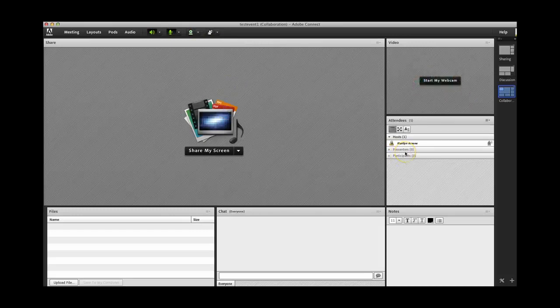I've got one last tip. Looking over at the attendees pod, there are 3 levels of rights access in the Adobe Connect system. That's host, presenter, and participant. You have the most rights as a host. A participant has the least. A presenter can do more, like advance slides on a PowerPoint presentation as they're giving,